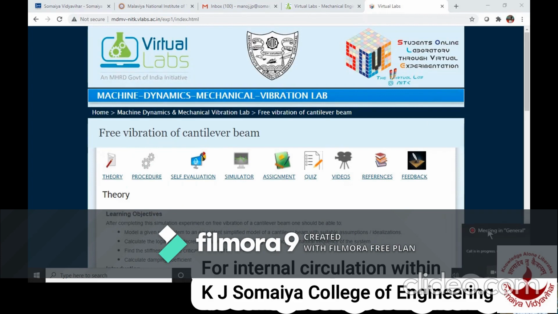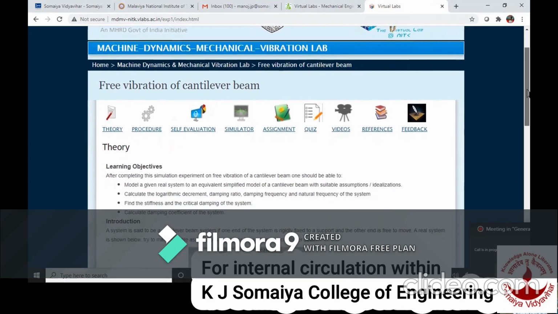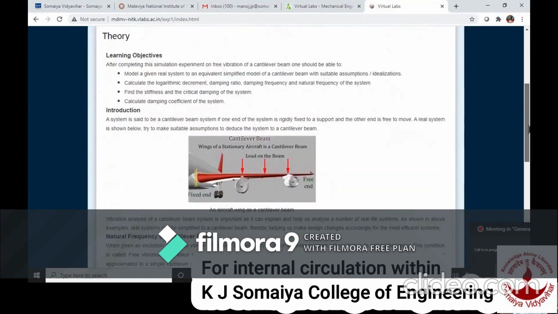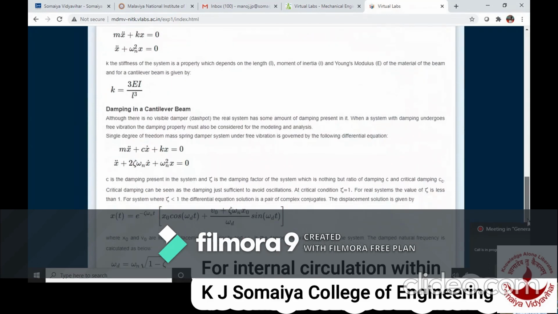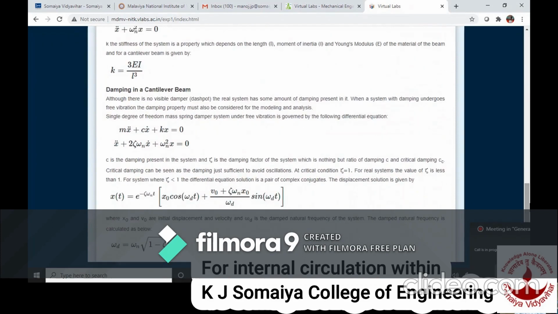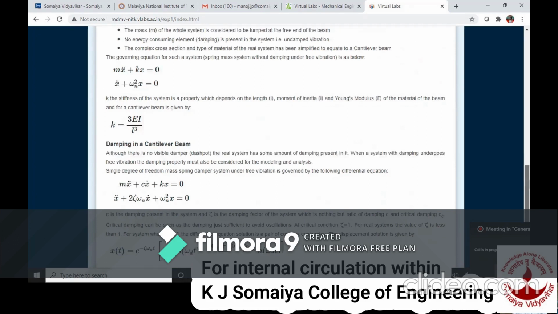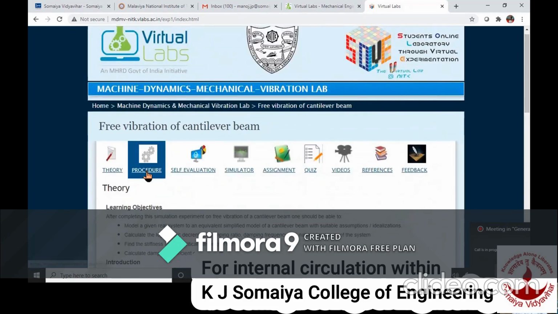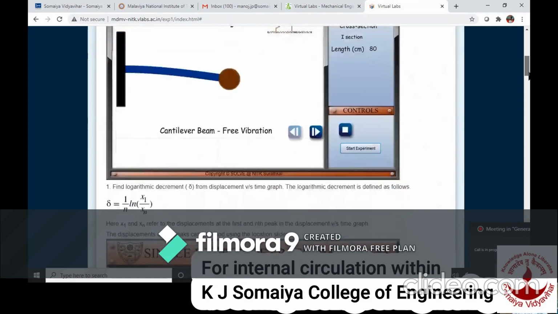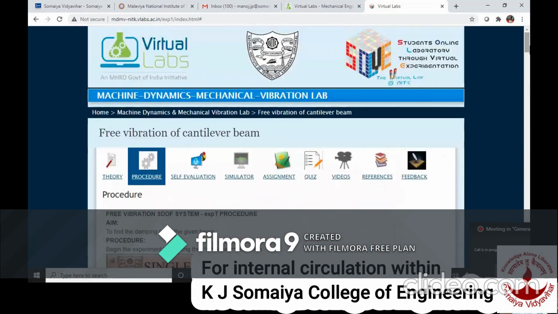Now, when you enter free vibration of cantilever beam, you can first go through the theoretical part of the entire system. When the beam is simply supported, fixed on one end, an equivalent mass can be calculated, and that equivalent mass can be assumed to be at the end of the cantilever beam. So we can go through all these parameters which we have already described. Then the procedure, you can go through the procedure, but again we are not going to conduct the experiment as prescribed in this procedure, because it is merely a calculation only. So I will explain how to proceed.